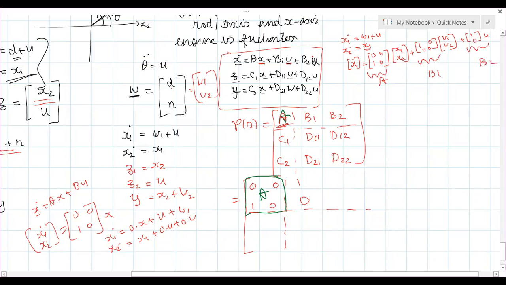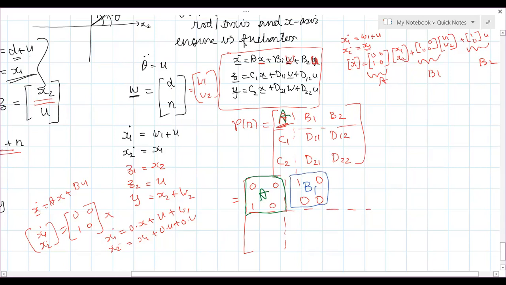Okay. So what is your B1? See, this order you have to maintain because it's standard form. First the X term, then the W term should come. Then only your U term should come. You should not interchange between U and W. Okay, this is the standard way of representation. So B1 means those elements associated with the exogenous inputs W. Okay, so our B1 will become 1 0, 0 0. Did you understand that? Yes, sir. So this will be my B1.